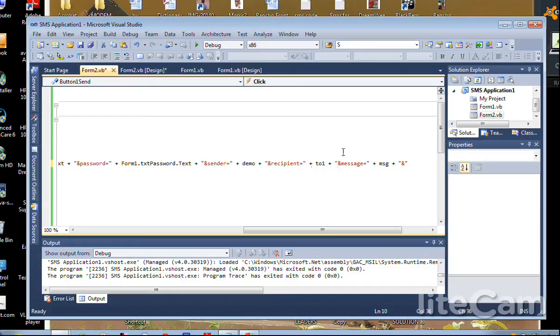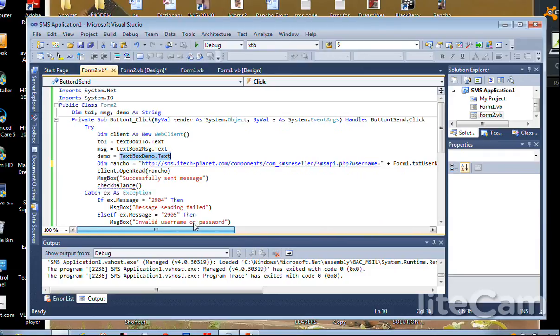Just write the code exactly as it is, don't make mistakes. Now message plus msg, you now get this at the end, you now put your string comma. So here we now have a